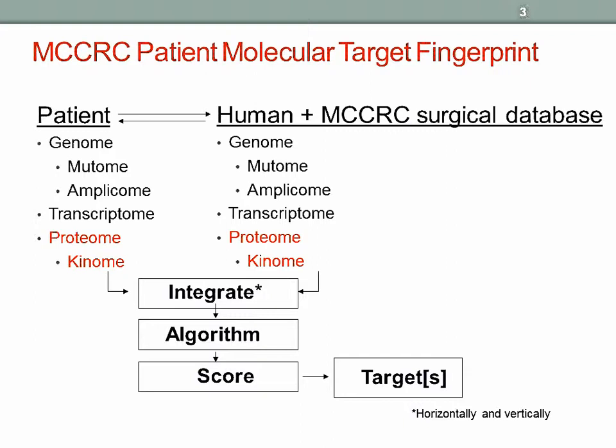We want to then take all this data and integrate it, put it together in both a horizontal and a vertical fashion, meaning compare patient genome to our database genome and patient's transcriptome to our database transcriptome, but we also want to do this vertically, meaning comparing the genome to the proteome to the kinome on both the patient level and our database level, and be able to integrate that, come up with an algorithm in order to be able to determine which of these